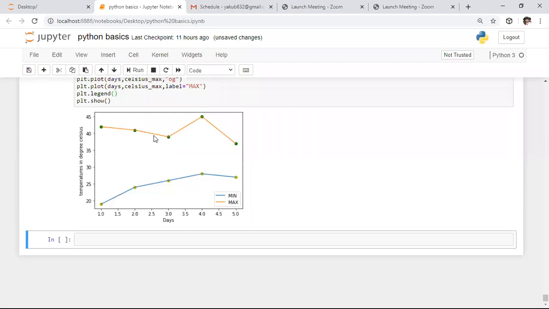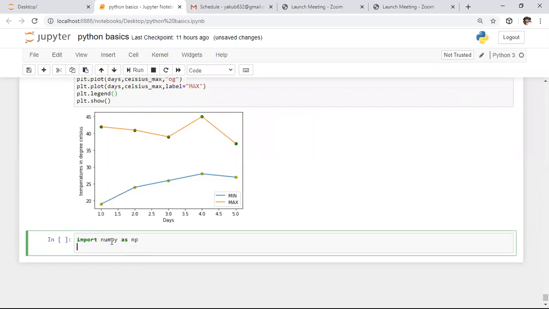After this, I will take the help of NumPy as well as Matplotlib. By using these two modules, I will plot the sine graph as well as the cos plot. For that purpose, initially we need to import NumPy. Here I'm importing NumPy with an alias name, that is np. We already imported Matplotlib. After this, I want to create the x-axis.